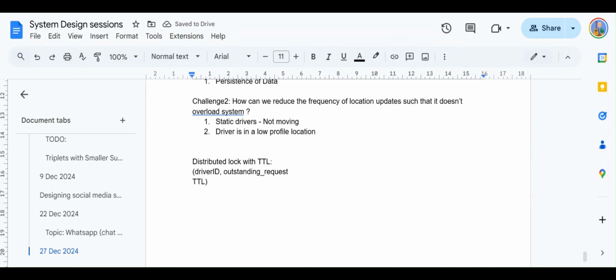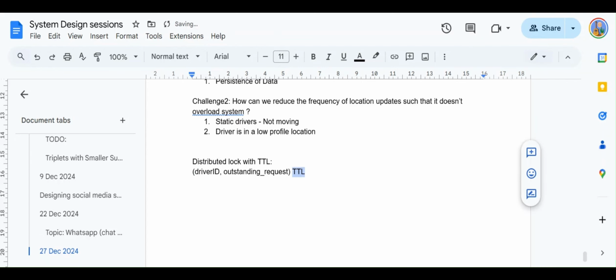It can just simply be a hash map, and we know that if there is a driver ID present over there, then, or there is a set, like Redis also gives you sorted sets as well. But here we don't really need a sorted set, we could just need a set. So you could just insert a driver ID and you could put a TTL with that request.